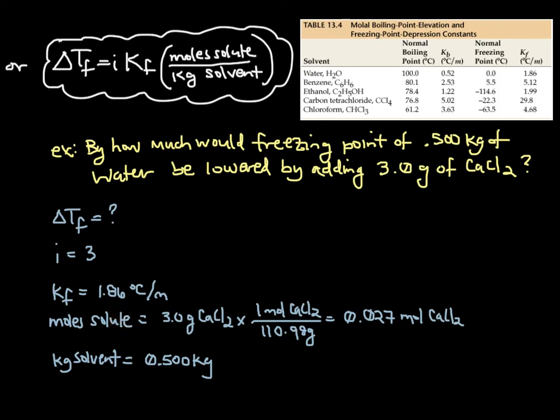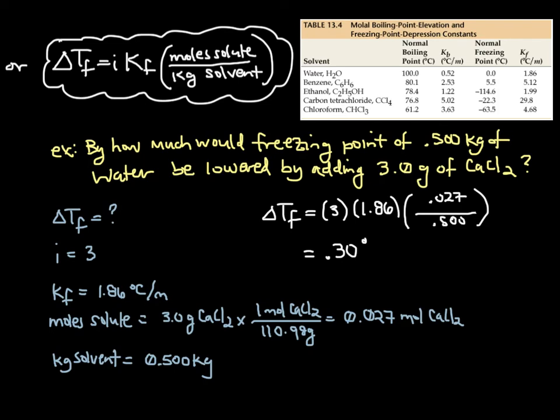Moles of solute: we were given grams of solute, so I did a quick conversion to get our moles of solute using the molar mass of our calcium chloride. And our kilograms of solvent is 0.500 kilograms. So I'm going to plug all of those numbers into this equation, and this is what I get. 3 times 1.86 multiplied by 0.027 divided by 0.500. And if I'm not mistaken, you should get 0.30, and of course it's degrees Celsius